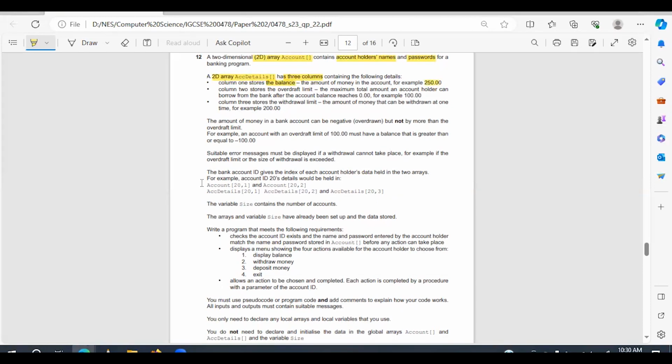An example of 250 is given. The second column holds the overdraft limit, or in other words, how much amount can be borrowed when the amount reaches zero. The example of 100 is given. And finally, the third column holds the withdrawal limit, the amount that can be withdrawn in one transaction, and an example of 200 is given. Some additional details: the amount can be negative if the account holder borrows, but cannot be more than the